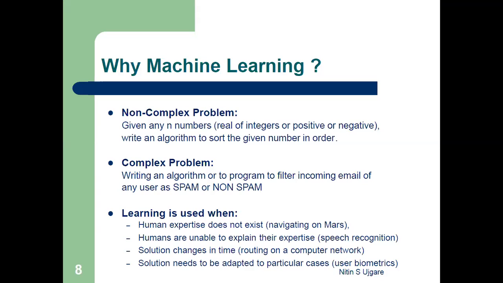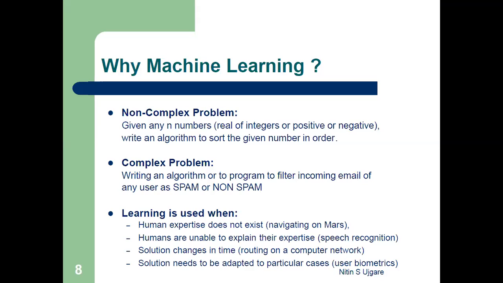Rather, we may think of an algorithm to solve this problem whose decision criteria must change according to the nature of incoming emails and the interest of users. Such algorithms are called data-driven algorithms because the output to be produced depends on the kind of input data given. So in a nutshell, we can conclude on this slide that machine learning is used when